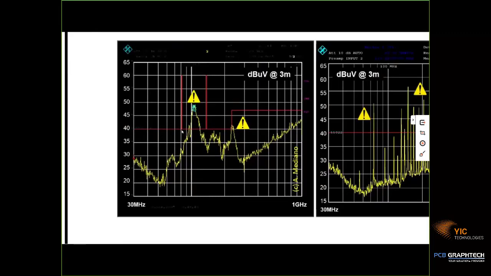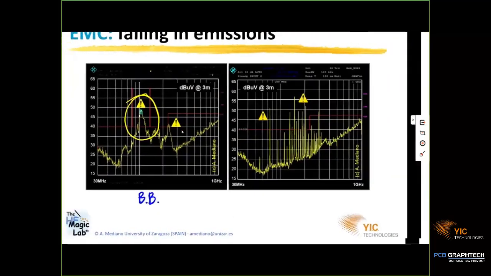You can see that in this example, in these frequencies, this area here, we are failing at close to 10 dBs over the limit. This is a response that is in some kind of mountain, what we call a broadband emission. Broadband emissions, because the energy is below this mountain, and because of the resolution bandwidth of the spectrum analyzer or the EMI receiver we are using, we are not able to identify specifically at what frequencies below this mountain we have the emissions. This is fully different to a narrowband emission,